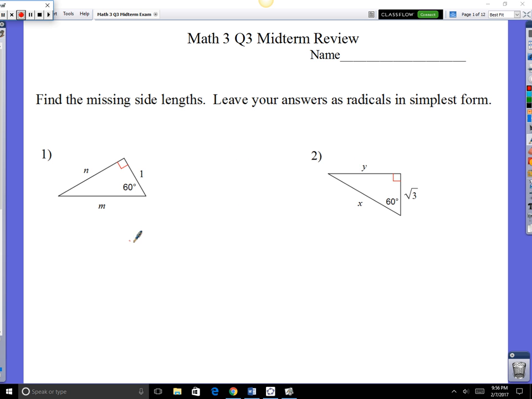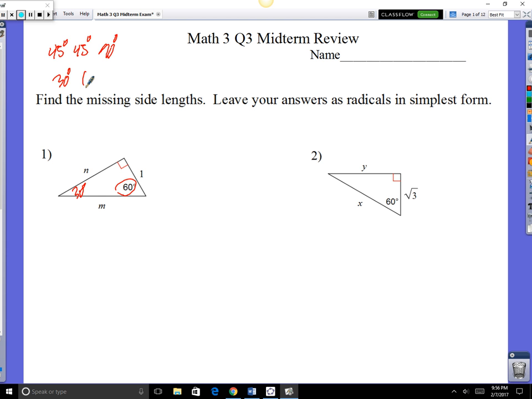Number one, find the missing side lengths of the triangles. These triangles are going to be special. 60 degrees tells you it's going to be special. That means this one is 30. And the two triangles that are special are going to be a 45, 45, 90, and then